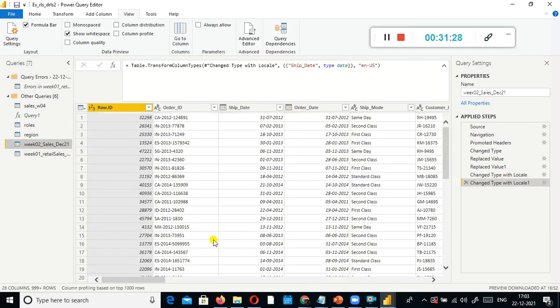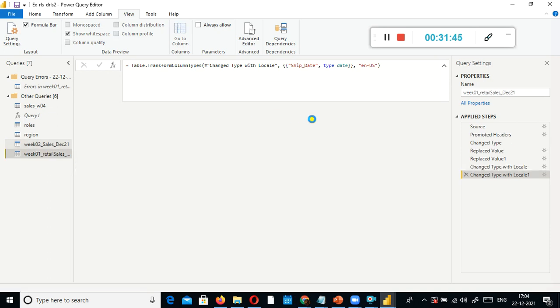Then we don't have to make changes. Supposing your order date is here in this data set, the other data set the order date in the third column, fourth column, then there is a cause for the concern. Okay, now everything is in the proper order. So here ship date, after ship date, order date. Here also ship date, after ship date, order date is there.